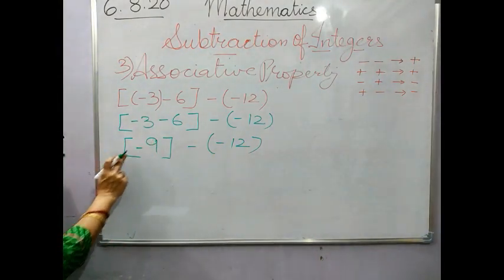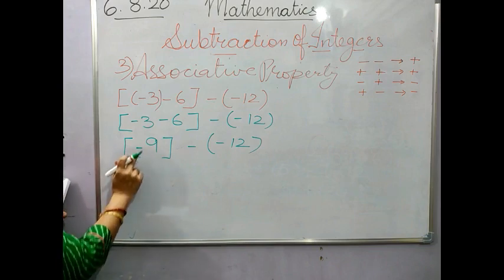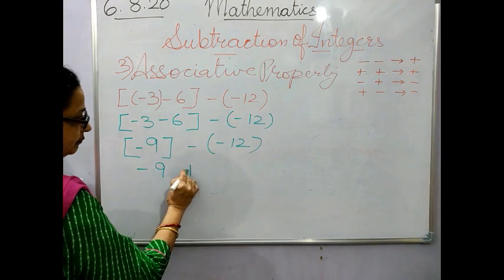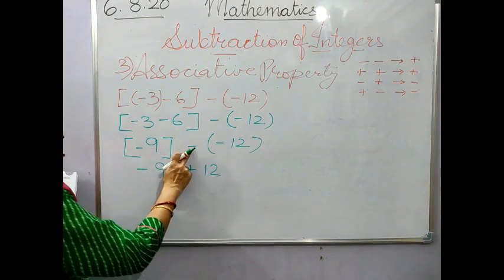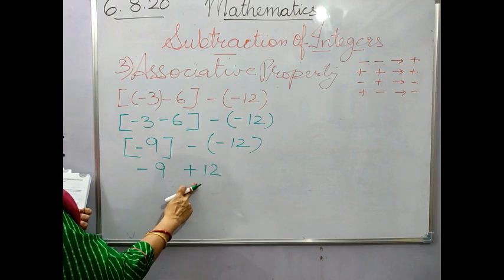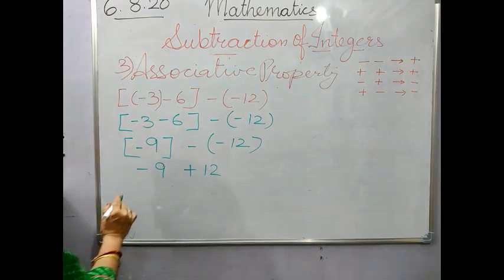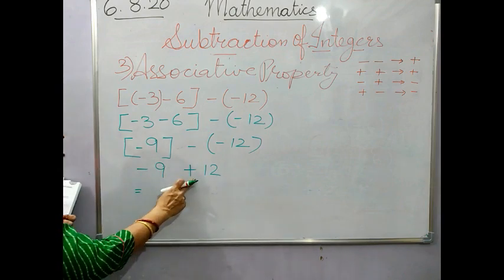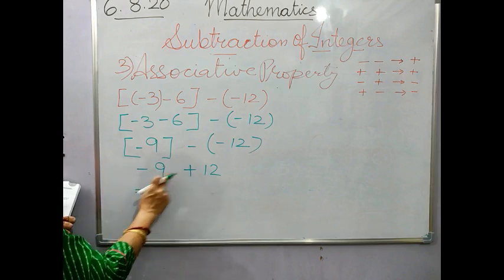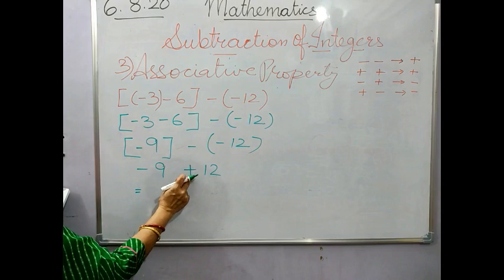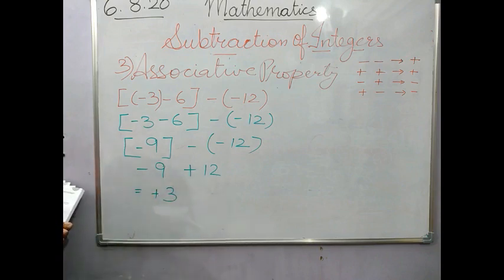Okay, now we open the brackets. It is plus outside, it is minus, so it will be minus. Minus and minus will become plus. Or you can say this, if minus is outside, this inside will become plus, so we have copied down this. Now you just see, the bigger number is 12. Since both the signs are different, we will subtract the smaller number from the bigger number. 12 minus 9 is 3 and it is plus, so we put a plus. Even if you don't put it, it hardly matters.